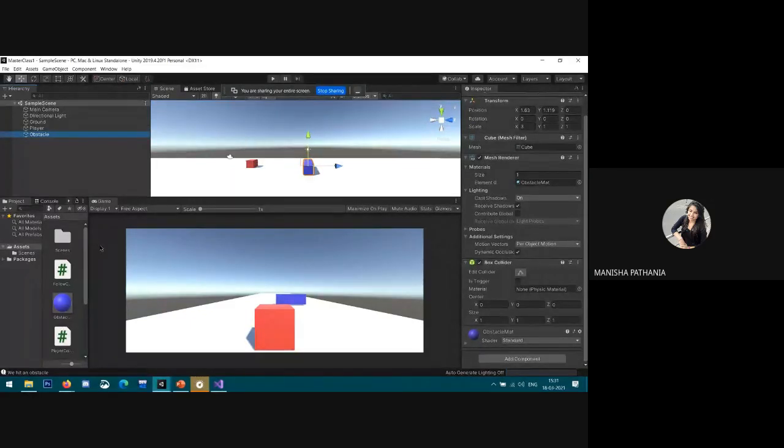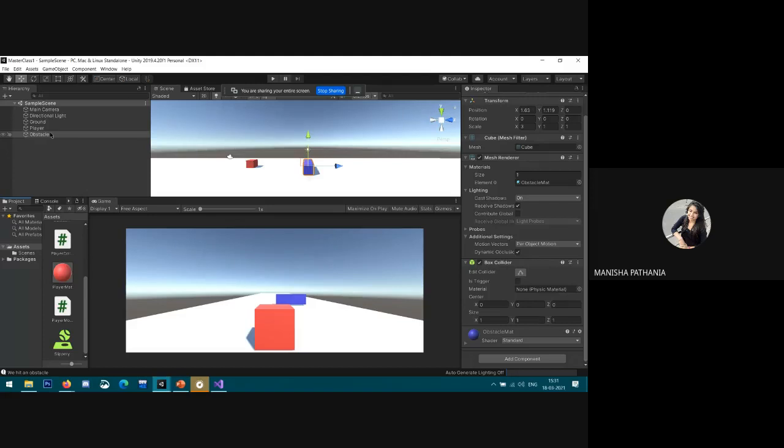So how can we add that? If I want to add multiple obstacles in my game, I need to create a prefab. Now I need to create prefabs for the obstacles.